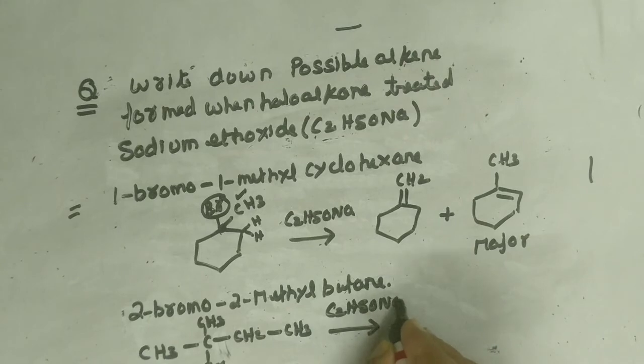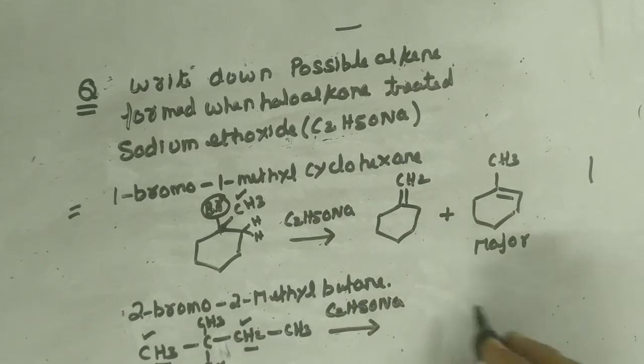Now if I ask you a very silly question, from which carbon will the halogen go? It will go from this carbon. Why only from this carbon? Because there is only one carbon which has a halogen. Now H you can remove from this carbon, which is adjoining to this carbon, or from here. You can see it is 3, this is 2. So mainly it will go from here. So over here if you get a double bond, it will be the minor product. If you get a double bond over here, it will be the major product.